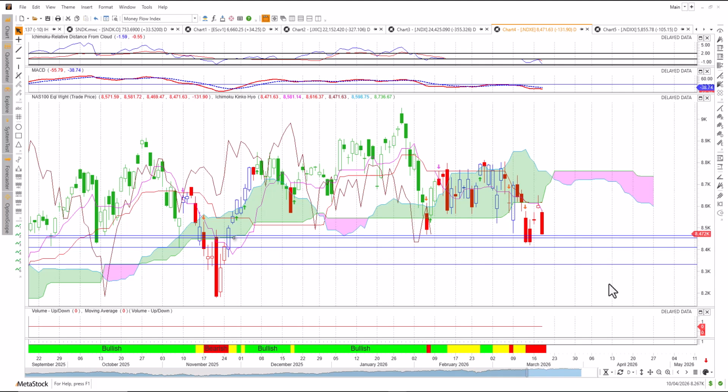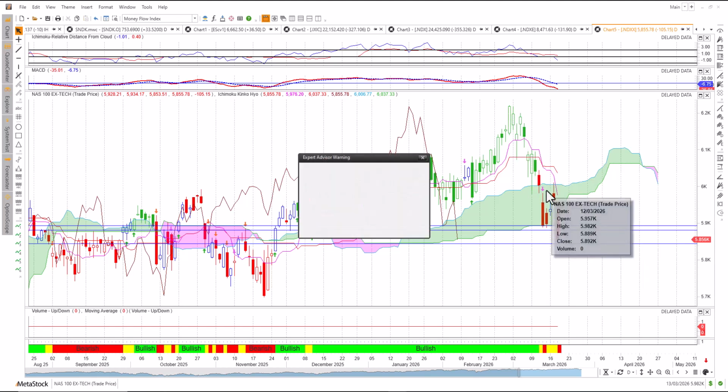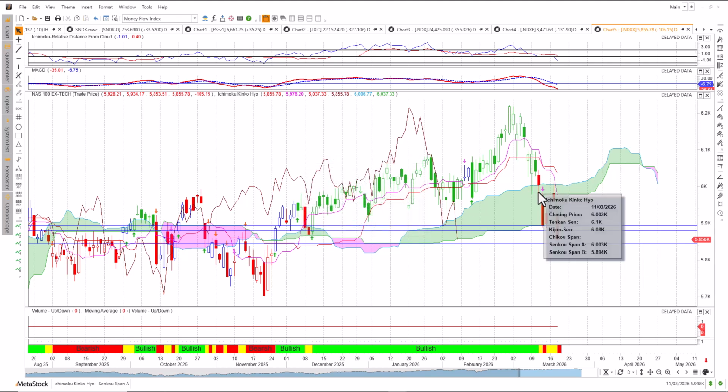But the interesting story is, the equal weighted one gives an idea that it's also bearish. So we've got the Nasdaq Composite bearish, the Nasdaq 100 bearish, the Nasdaq equal weighted bearish. And now the bad news is the Nasdaq 100 excluding tech was in a nice bullish phase, and then when the war continued, it sliced through the top end of the Ichimoku cloud, tried to rebound from the bottom in the cloud, only to be met with resistance at the top end of the cloud, and has now sliced through the bottom end of the Ichimoku cloud with downside risk targets towards